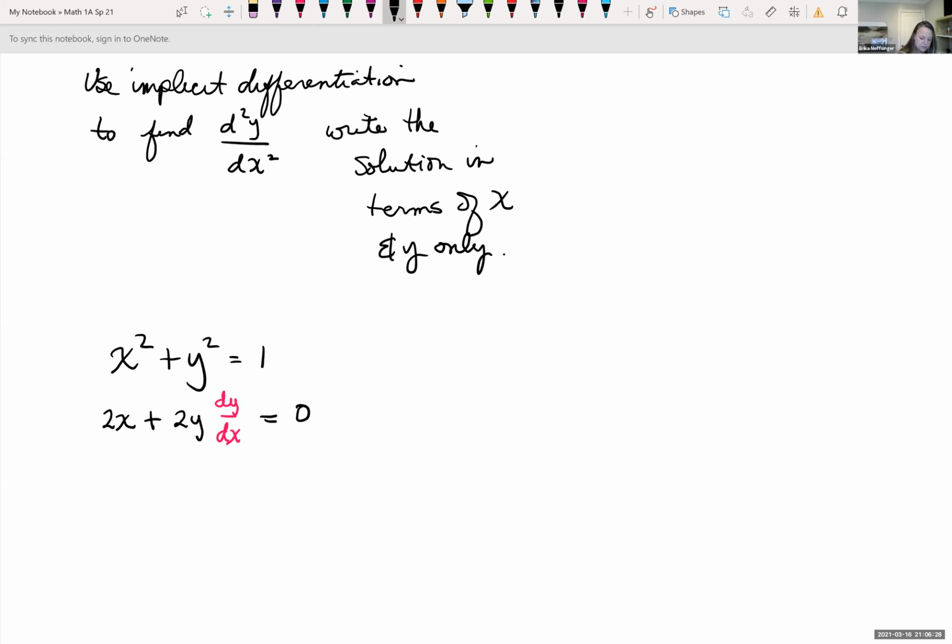So I took the derivative of both sides, and I can go ahead and take the derivative again, or I can solve for dy dx first, and then go ahead and take the derivative. I think it's going to be easier if we take the derivative now. If I took the derivative after solving for dy dx, I would have a quotient. And so I'm thinking let's take the derivative again. So if I take now the derivative of both sides,